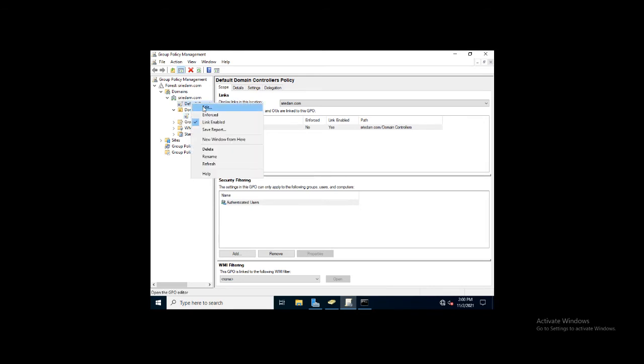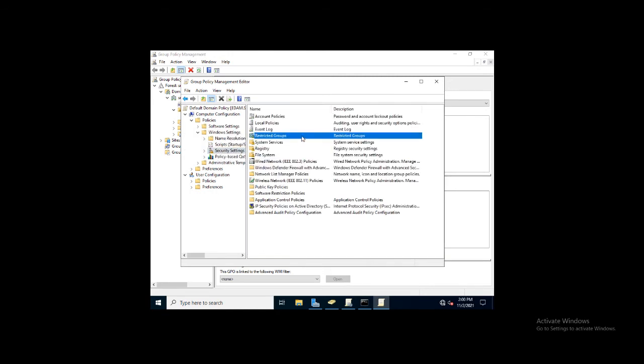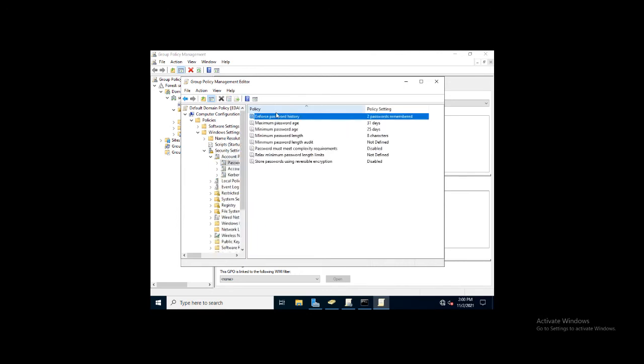Right-click on Default Domain Policy, go to Computer Configuration, Policies, Windows Settings, Security Settings, Account Policies, Password Policy. Here you can see Password must meet complexity requirements.